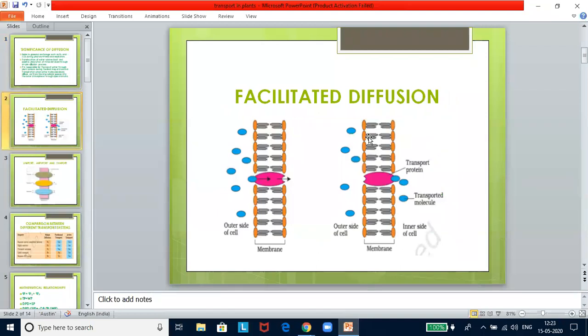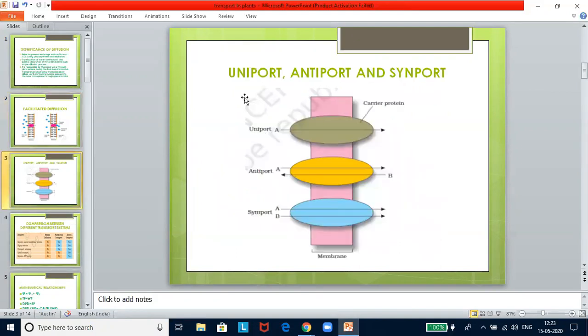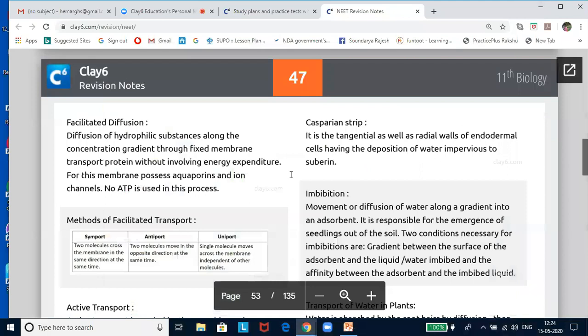The porins are the proteins that form huge pores in the outer membrane of the plastids, mitochondria, and some bacteria, allowing molecules up to the size of small proteins to pass through. The transport protein releases the molecule inside the cell. For example, you can take the water channels, which are made up of 8 different types of aquaporins. So this is about the different systems that you come across.